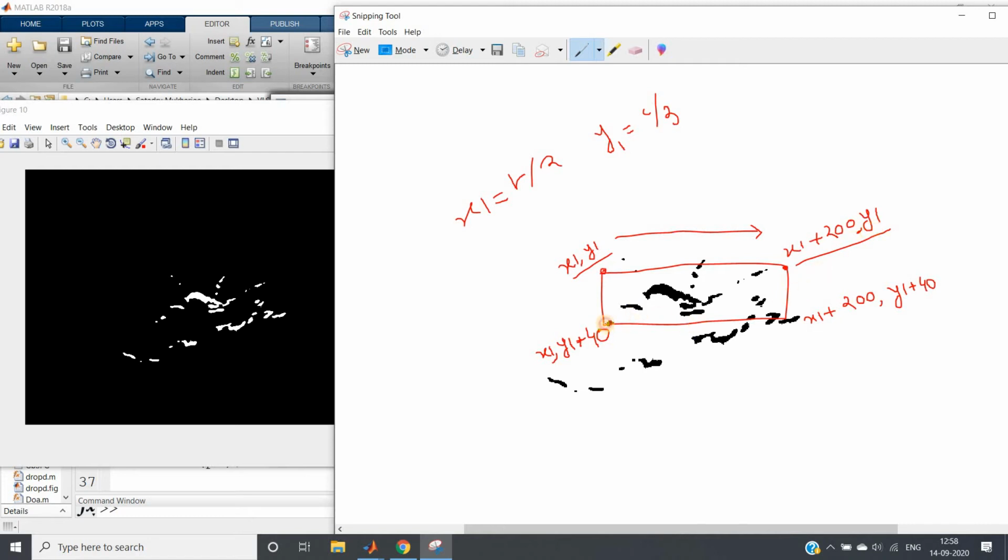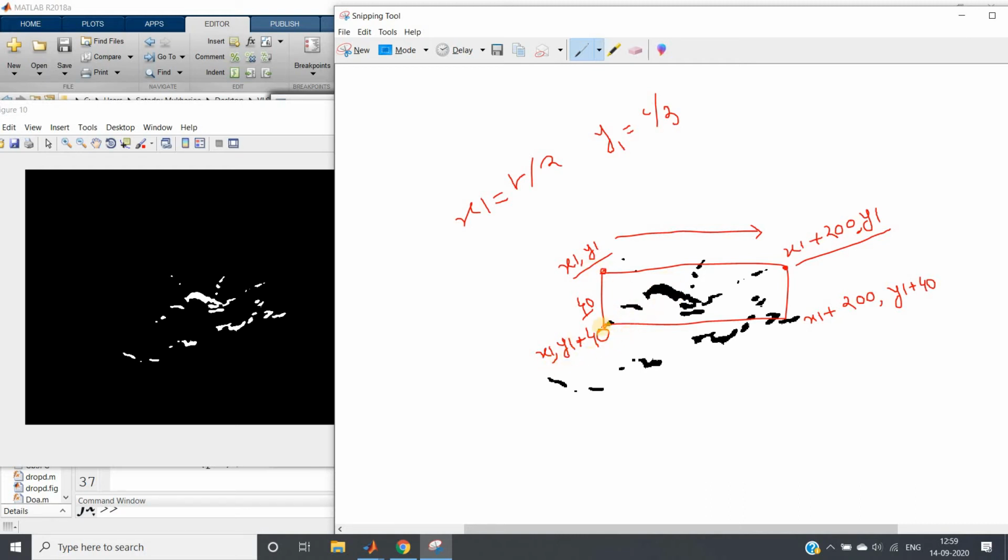Then this particular point, if you consider, here we are vertically going down, so x coordinate will not change but y coordinate will change. I am randomly assuming that this particular height of the box, rectangular box, can be 40. You can take 30 also, but make sure the region of interest, which is basically, as I have shown you, where the urine comes out, that particular part where the probability of forming kidney stone is more, is captured properly.